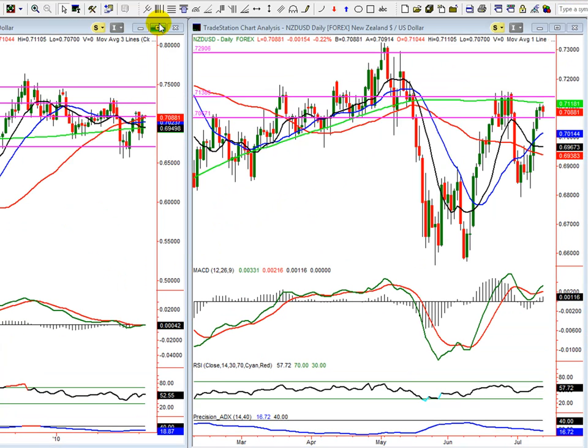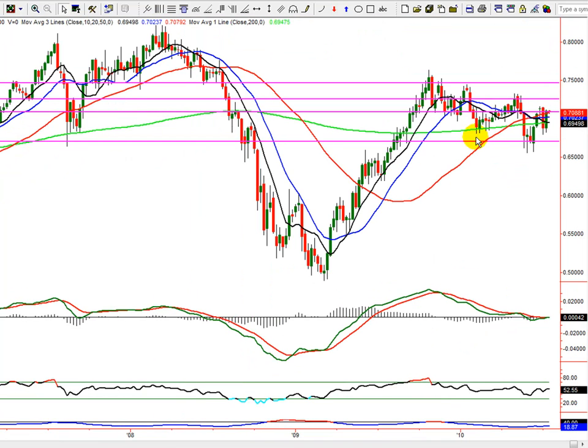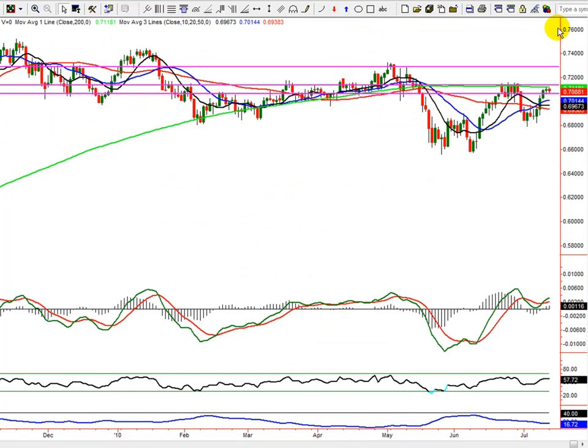On the weeklies, again, it is still in a downtrend, but it does start to look quite sideways, and it is looking rather bullish. There's nothing that I particularly don't like, even here on the daily. It's pulling right back up now into this very tight congestion zone that we've had here before between the support